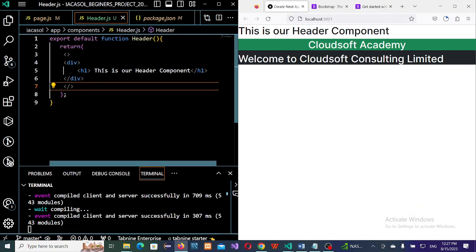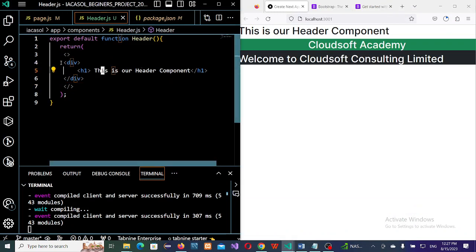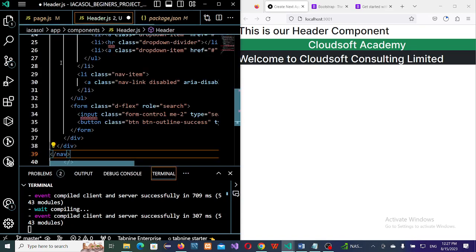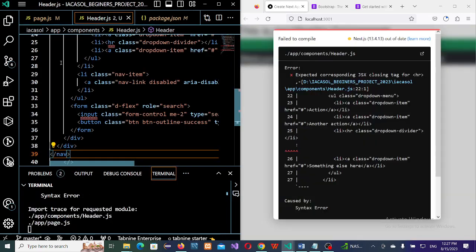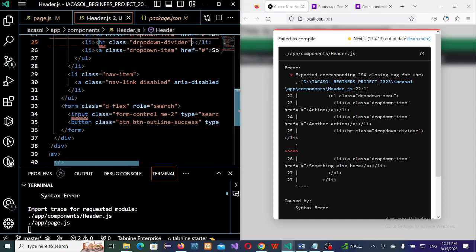Okay. Instead of saying this, you now remove all that and just paste what you have copied. Then of course there are going to be some little touches, because how we write things in Next.js is not how the HTML of Bootstrap is. This, you need to close it like this. You close the HR, then for the input you need to close it as well,